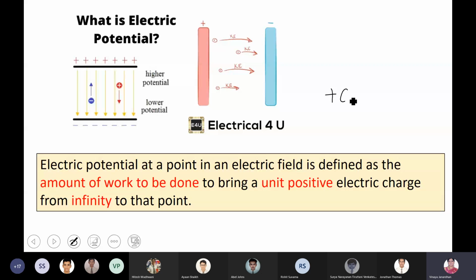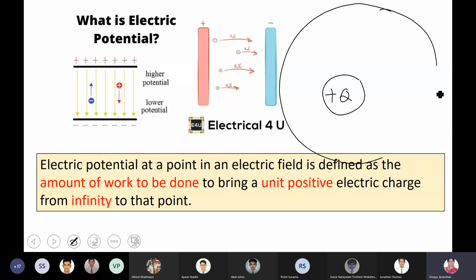I have a charge Q, right? Now this charge is creating an electric field, right? I want to know the potential of this field. The potential of the field determines how much charge can move to the other body, right? Boys, how much charge this body can transfer to the other body is measured by its potential. Suppose at point P, which is at a distance R from it, I want to find the electric potential at this point P.